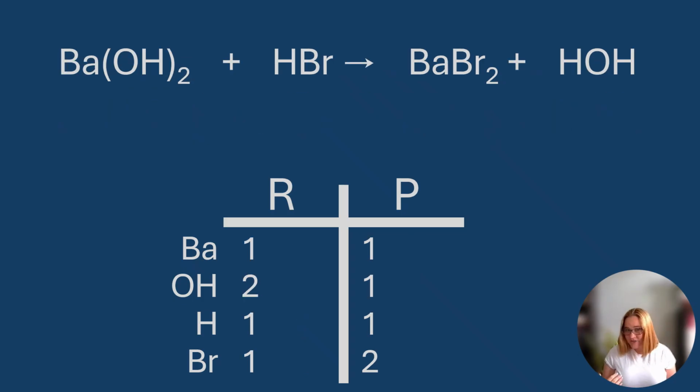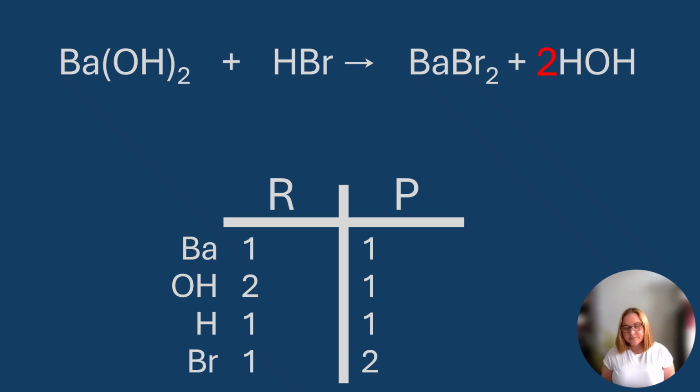Because it's what I tend to do, let's start all the way to the left with the reactant barium. This table shows me that there's 1 on each side of my reaction arrow, so the barium appears balanced for the time being, and I'm going to leave it alone for now. Moving towards the right, I run into the hydroxide ion next. There are 2 involved with that barium hydroxide salt on the reactant side, but only 1 involved with the water on the product side. Adding a coefficient of 2 to my equation in front of the water should balance that